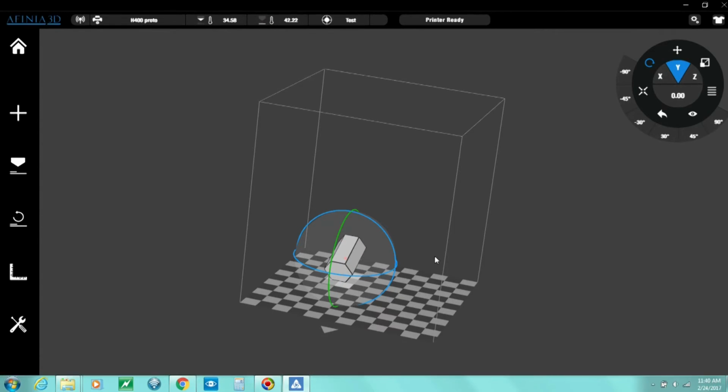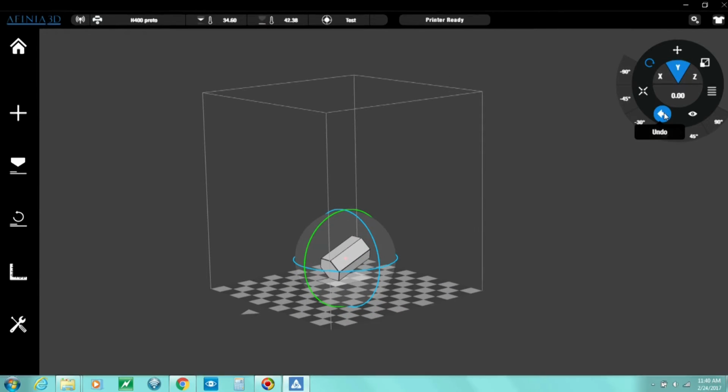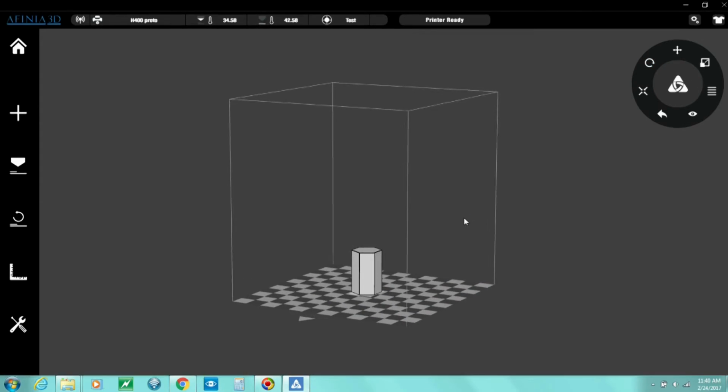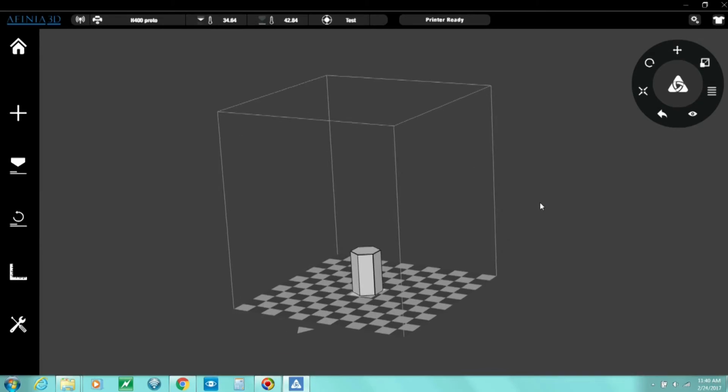If we screw up and we don't quite like what we see here, we can always go back to undo, and it'll go back to where we're at. Click auto place, it moves them back where we're at. By the way, if you hold down the left mouse key, you can